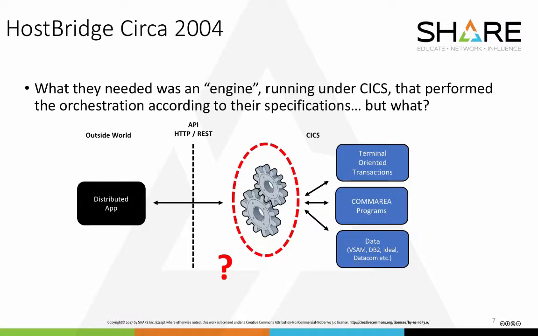And so we begin to think, well, how do you solve this? We need something running under the covers of CICS that will allow the orchestration of those various elements, the orchestration of things whose lifespan is measured in milliseconds. How do you do that? Well, it turned out there wasn't really anything to do that. And so we were sitting around the office one day trying to figure out, okay, how are we going to do this? Because we see our customers doing some really crazy things here by just kind of doing all this orchestration from the middle tier into the mainframe, driving up CPU.